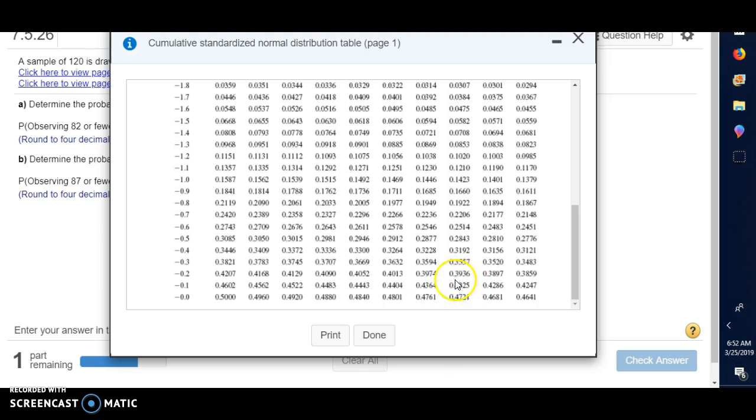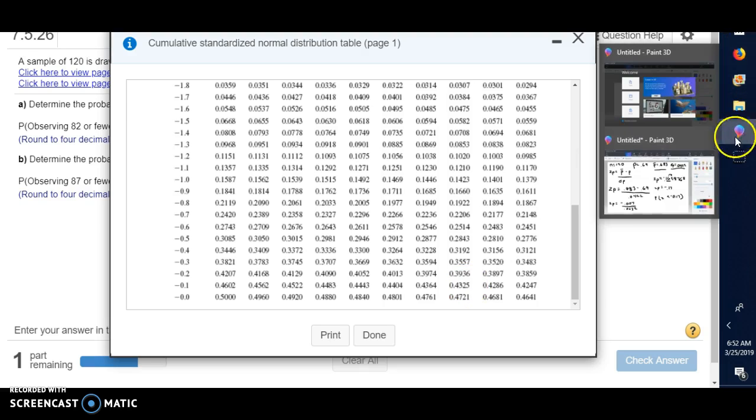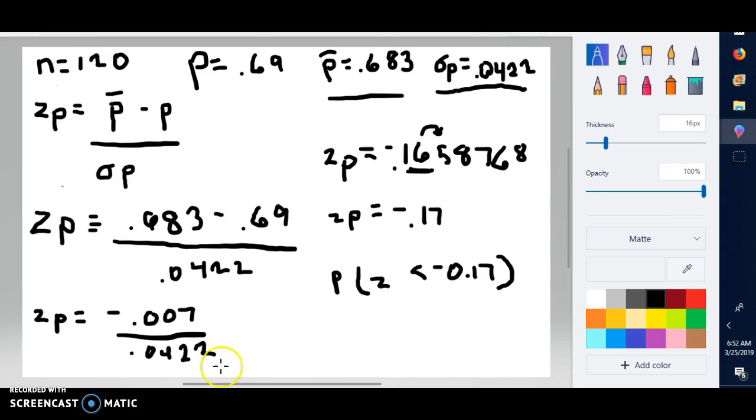And so the probability is 0.4325. So our answer is the probability that Z is less than or equal to negative 0.17 equals